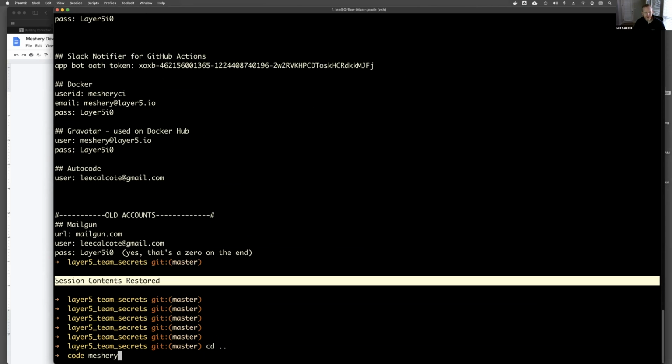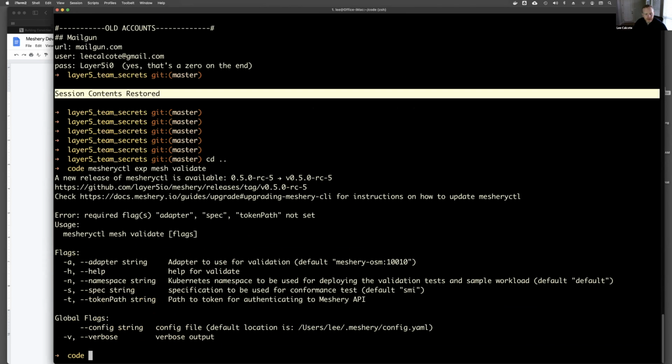Yep, it's mesheryctl exp, in an experimental mesh validate, and then who knows if it works from there. I shouldn't say who knows if it works from there. I don't mean to say that with respect to Anirudh. It was done a long time ago and he did it quickly, and so a lot has changed. One of the issues, if you will,